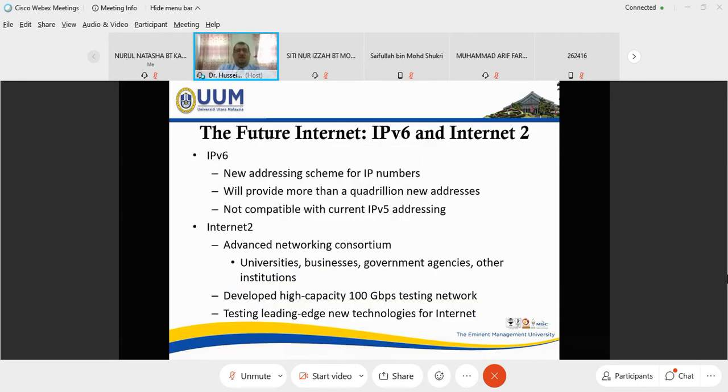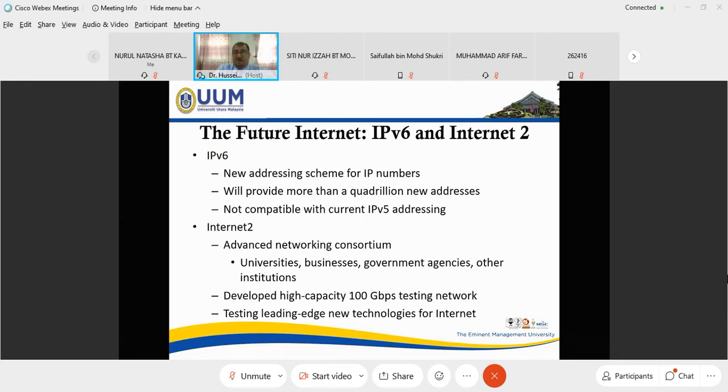Have you heard about this technology, IPv6? Previously it was IPv4. But the problem with that is there are no more IP addresses available. With IPv6, we can have quadrillions, not just trillions, of new IP addresses. Why? Because if you would like to connect to the internet, you have to have an IP address.